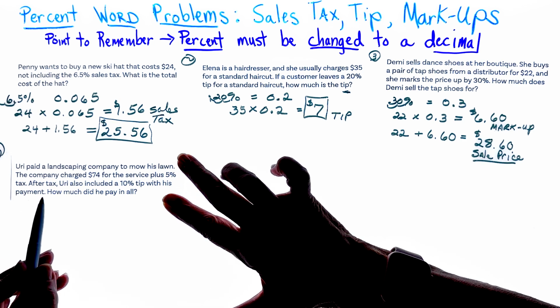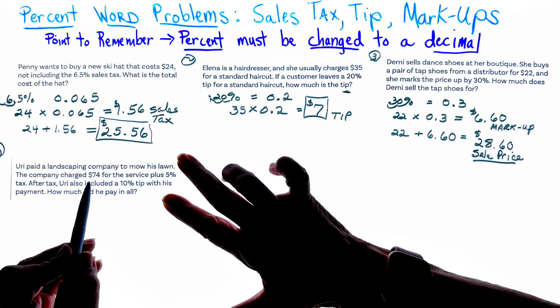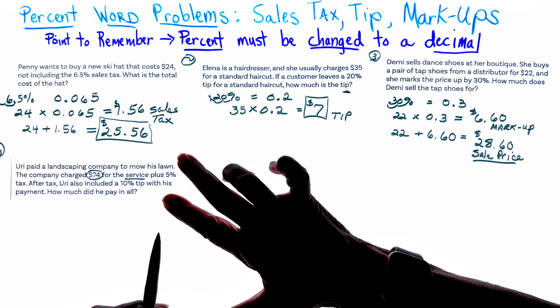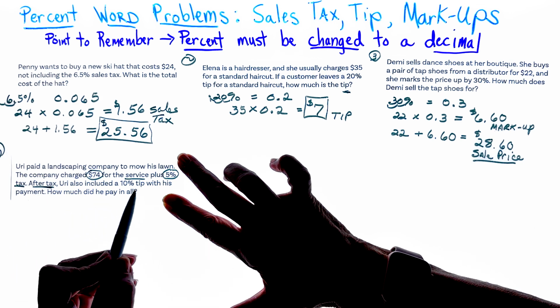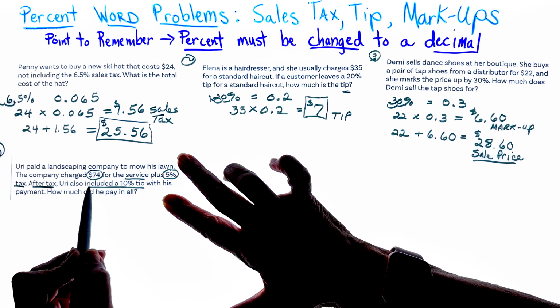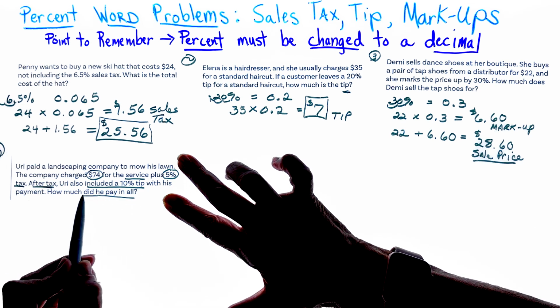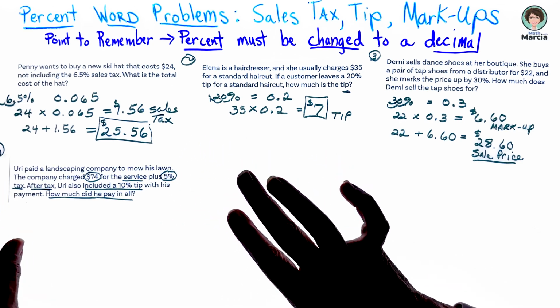So let's take a look at the problem. So Yuri's paying a landscape company, and the company charges $74 for the service. It's 5% for our sales tax. And after the tax, Yuri also is very nice. He includes a 10% tip. And we want to know what the total will be. All right, well, let's start off with changing our